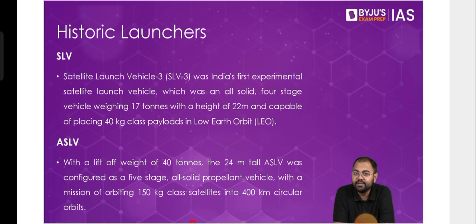Now, in the set of historic launchers, there are 2 names that are very significant. One is SLV, or satellite launch vehicle. This was the first launch vehicle that India used, but with this launch vehicle, we could only launch a satellite up to 40 kg. Remember that we are talking about the late 1970s and early 1980s. 1979 is the first time we tested this. Back then, we did not have the concept of micro satellites or nano satellites and pico satellites and so on. There were only bulky satellites back then. You could ask why we are not using SLV for the small, micro or nano satellites. The reason is simple: it is retired, and back then it was not useful.